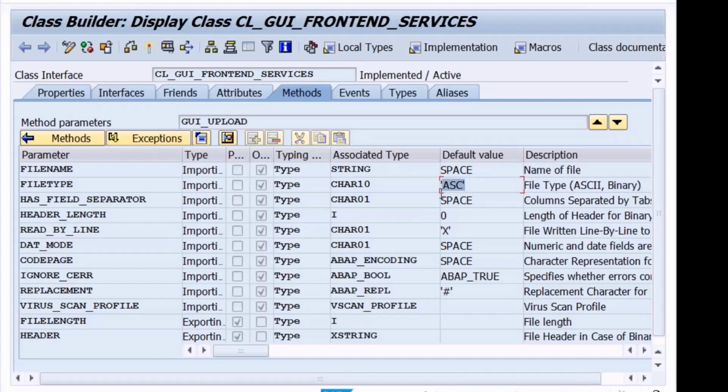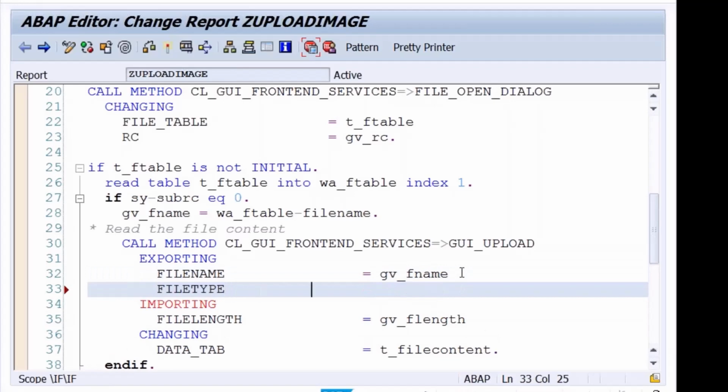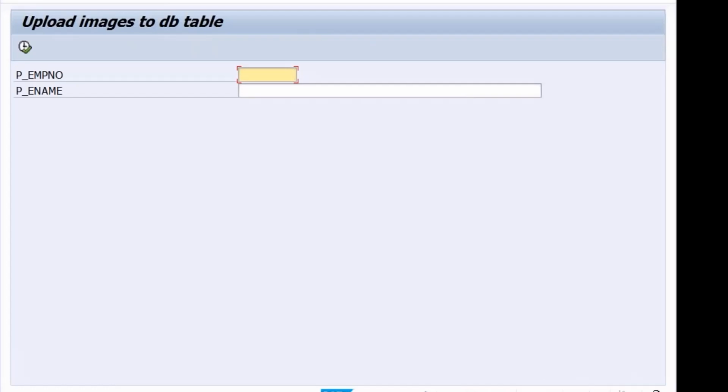I'll do one thing. I'll work with a small change. What is the default value for file type? ASCII. What is the other value? Binary. Let me try this once. Smart form also we are converting into PDF. Binary. Let me try the last attempt. Okay, I'll say 6.